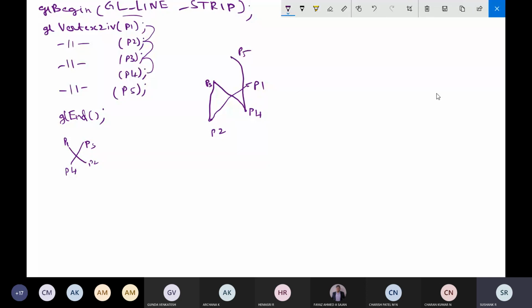I'll arrange this in the form of a star so that it will be easy for you to understand. The same example, I'll just replicate so that you can understand. The first one was for understanding; now I'll make the display.